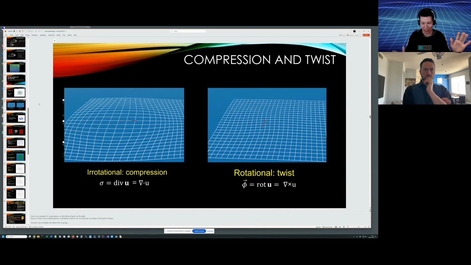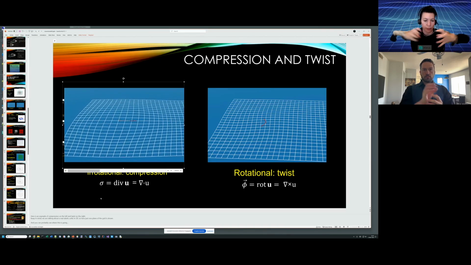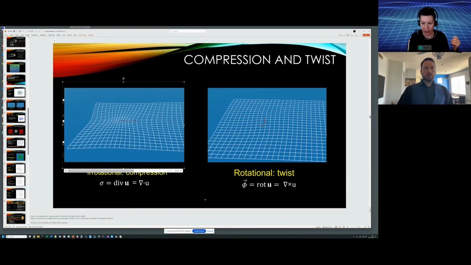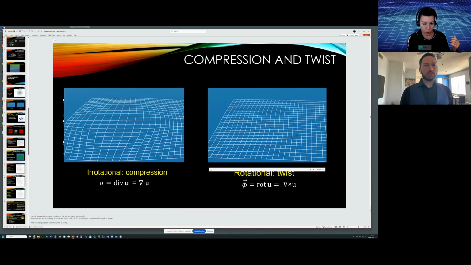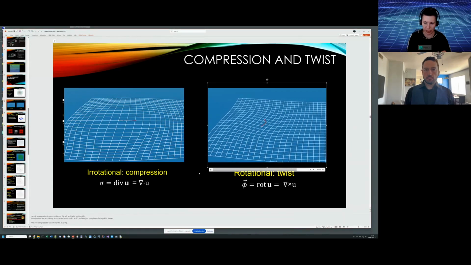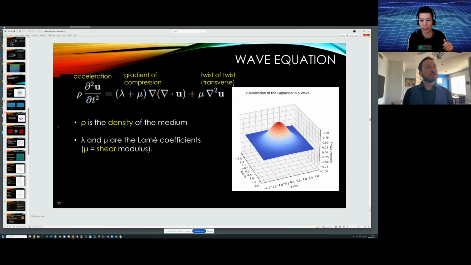Just to make it clear, many people don't think about elastic solids a lot, but in elastic solids you have different kinds of waves. You have compression waves, which is the expansion and contraction, like when you squeeze a rubber ball and it goes back. Then we also have rotational waves. You have a curl, a twist. It could be an oscillating movement. This is all known physics from elastic solids, well studied in material physics. There's nothing novel about this.